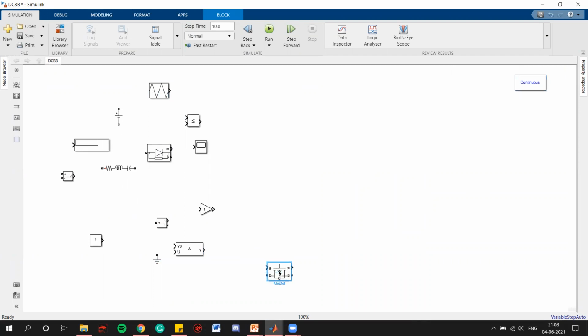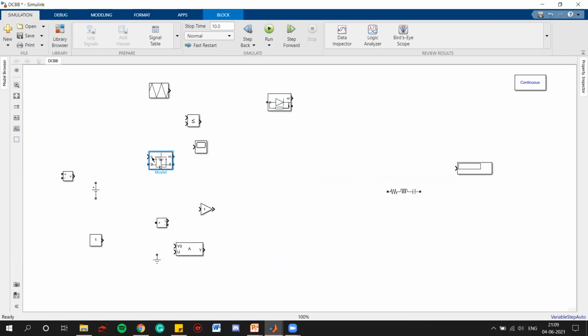So let's take our DC voltage source. Then we will have our MOSFET switch here. Then we will have our inductor here. We will convert this into an inductor.